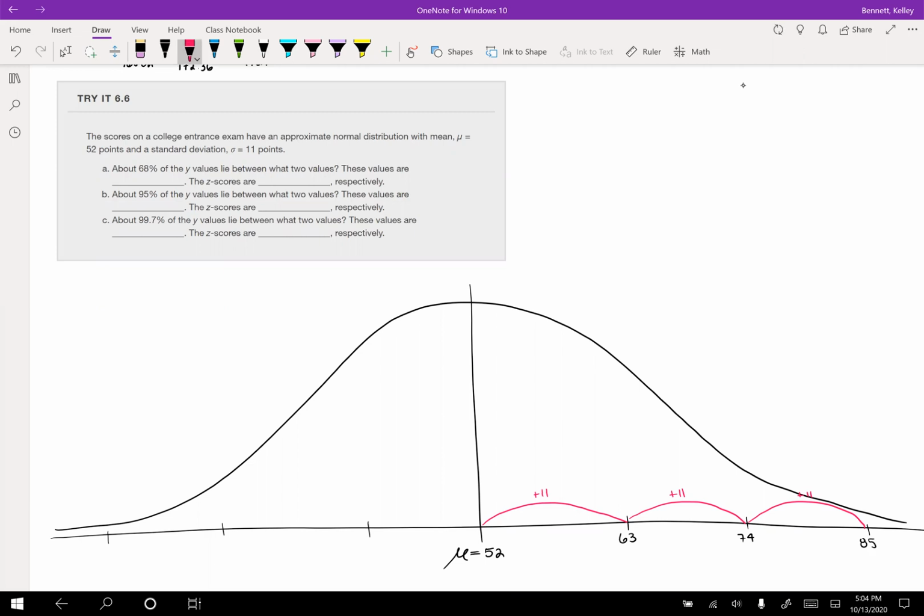Similarly, I can go back. So we're just making our little hops. And each hop is 11. So if I'm at 52 and I go down by 11, that puts me at 41. I go down by 11 again, that puts me at 30. I go down by 11 again, now I'm at 19. So if I'm within 3 standard deviations,